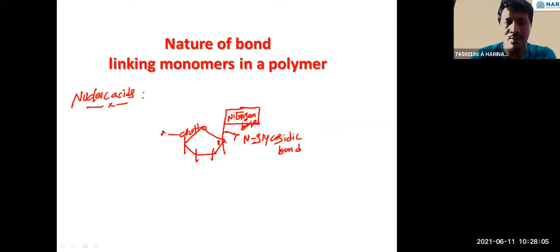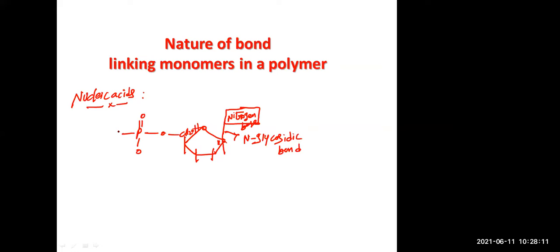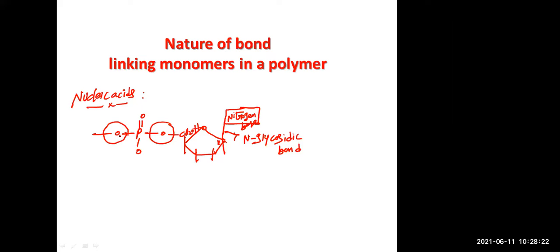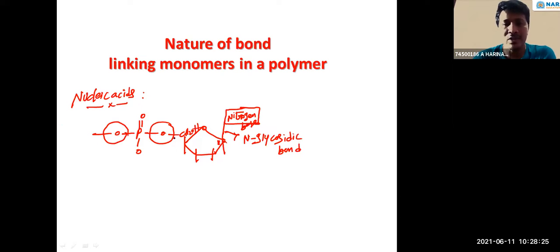Right? So here this is the fifth carbon, CH2OH. To here, phosphate binds by forming an ester bond. This is an ester bond. So phosphate also binds to one more nucleotide. Together, two nucleotides bond to each other by a phosphodiester bond. So this is the glycosidic bond, this is the ester bond, and the phosphodiester bond. The glycosidic bond is formed by the elimination of water. The ester bond is also formed by the elimination of water. But there is no elimination of water during the formation of hydrogen bonds between the two polynucleotide chains.